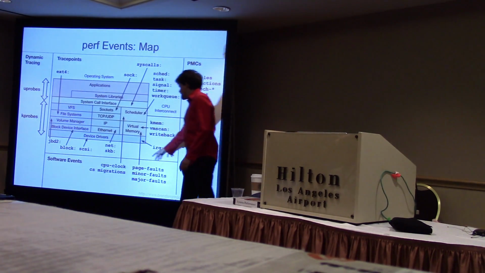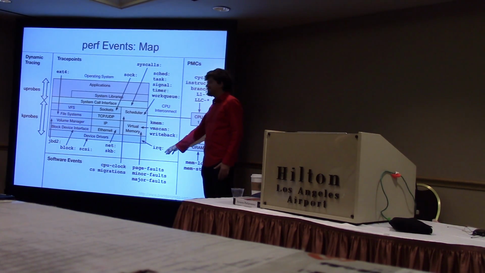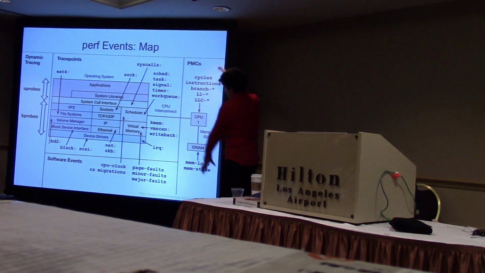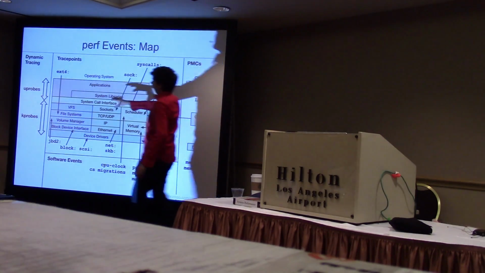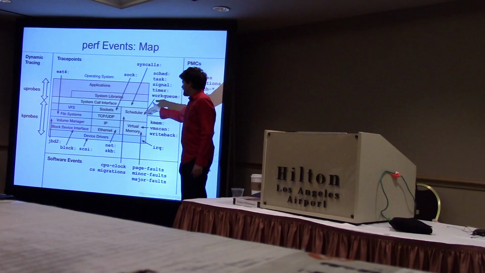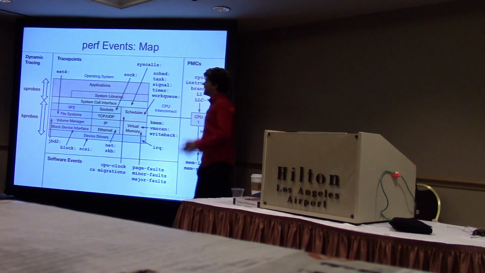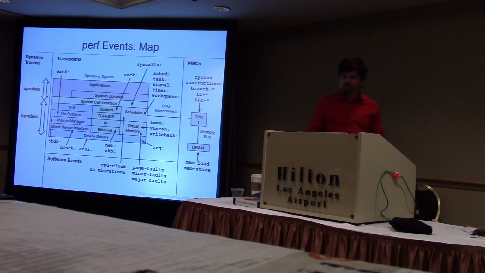We've got software events, like CPU clock, and these work inside my VBox instance because they're not hardware related. I don't have the hardware events in my VBox instance, but on physical hardware you get to see low-level CPU details on what they're doing. There's also dynamic tracing. If I need to see inside the scheduler or virtual memory, and the trace points don't explain that in enough detail, there are uprobes for user-level code and kprobes for kernel-level code, and that means I can instrument anything. That's dynamic tracing, and it is in the Linux code, so I get to use that.